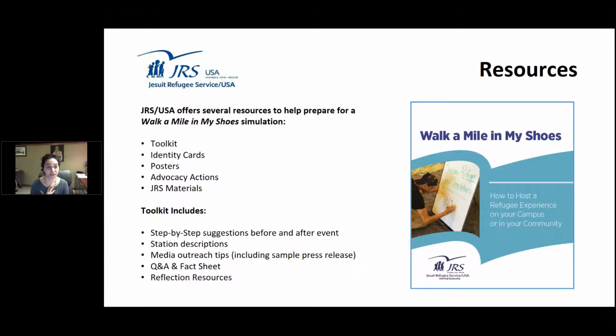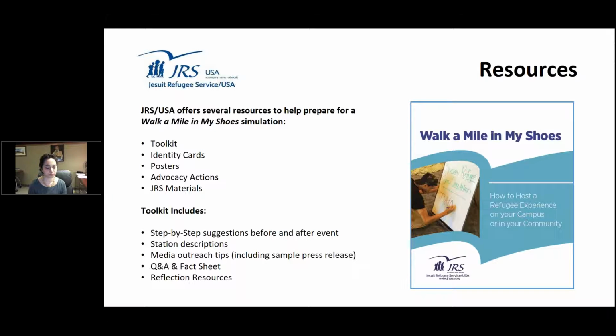We also, as JRS staff, once we know that you're interested in hosting a simulation or have one scheduled, we will send you a document that has identity cards, and I'll show you again what that looks like. We'll also have available on our website actually as a downloadable file posters, basically signage for each of the stations. Again, the advocacy actions, so our website has updated advocacy actions. And then we'll also send you any other JRS materials that you might be interested in, our newsletters, our annual reports, fact sheets,